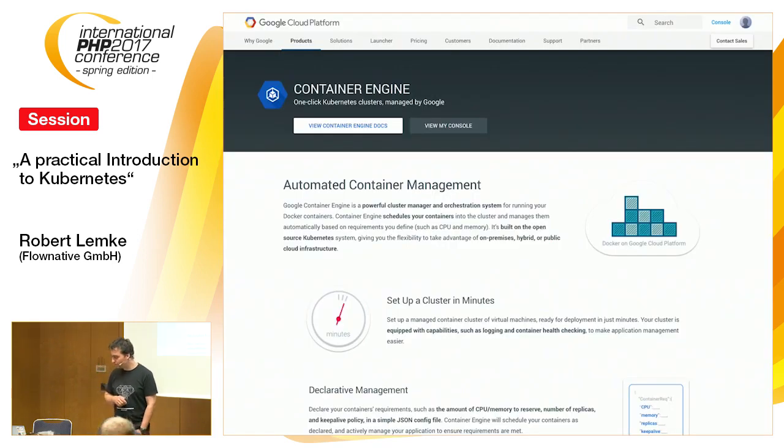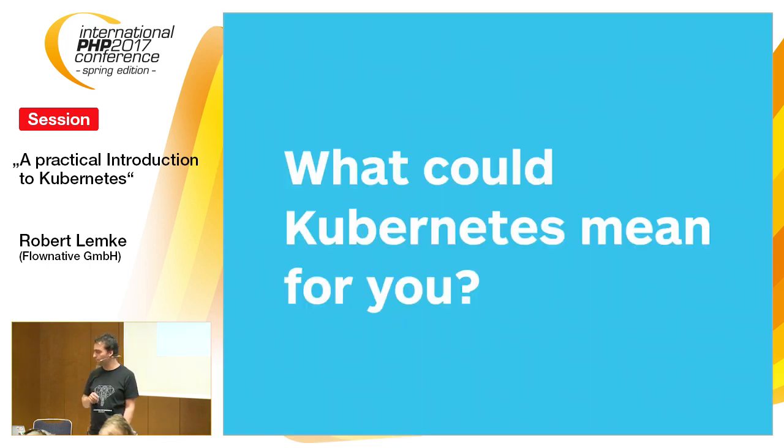Right, so my personal recommendation is currently, as you've seen, Google Container Engine, because you don't need to take care of the management of the Kubernetes master and so on yourself. They'll just do that, and it runs flawlessly for me for over 1.5 years now, so I never had really any big problems. So it's very exciting, I can say, but don't rush it.